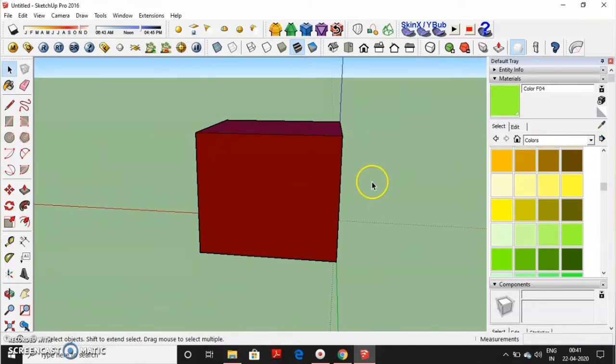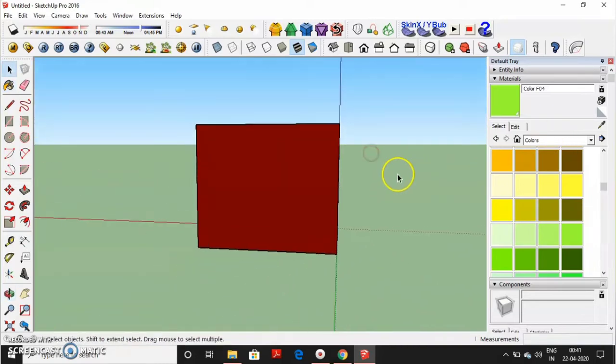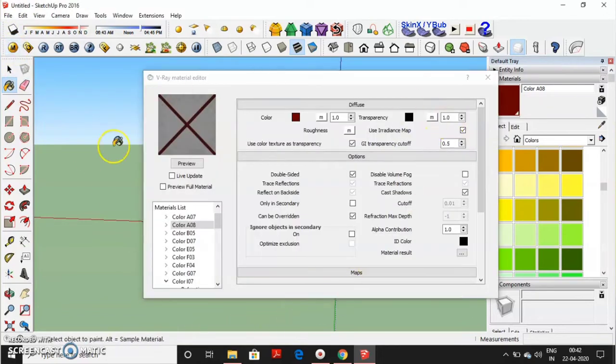And now to change the material properties, first you have to take this sample paint, pick the color or any material that you have put, and then go to this material. So this will pop up. It will give a default diffuse layer. If you click on the preview, this is our preview, what we are getting right now, the color we have set. So first I will teach you the reflection property.